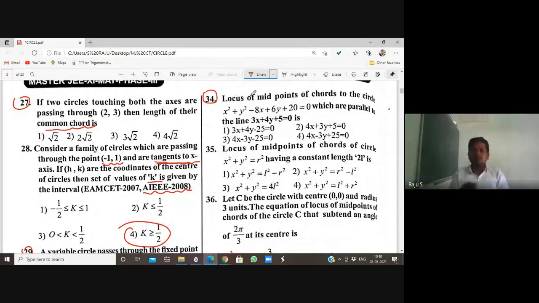So, the locus of the midpoint of the chords to the circle, which is parallel to a given line. Same again: the locus of all the midpoints of the chords to the circle, which is parallel to... yeah. When you observe here,